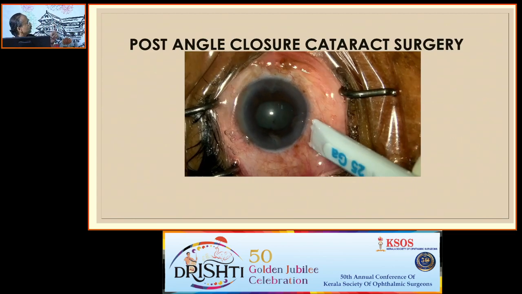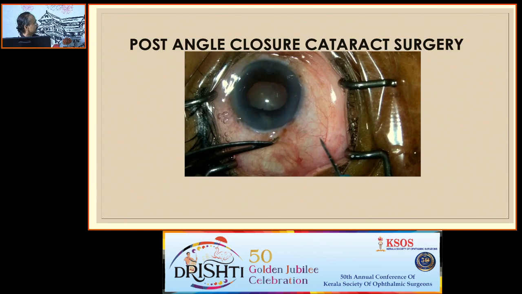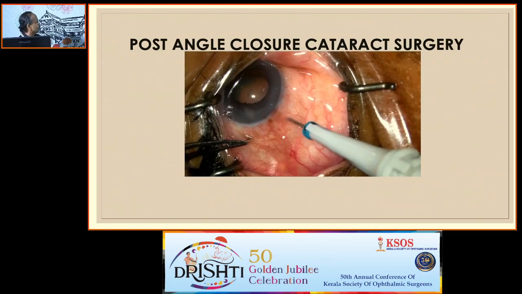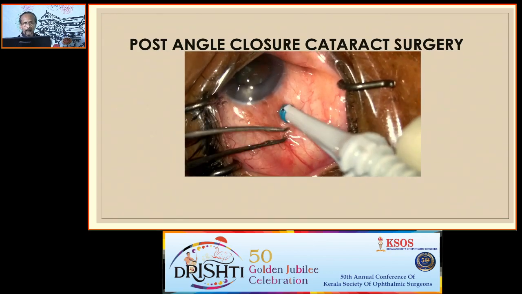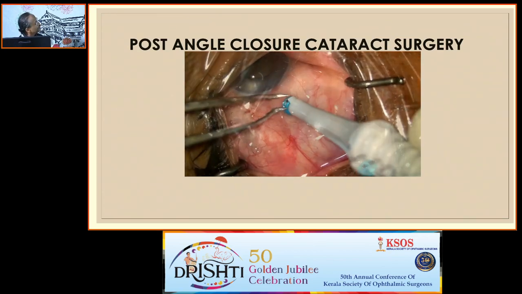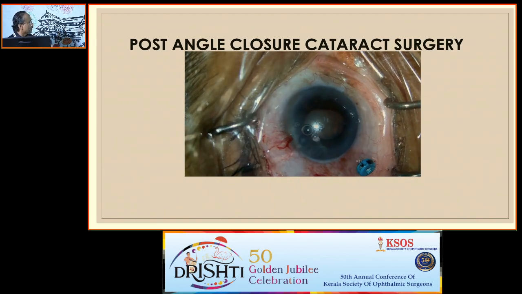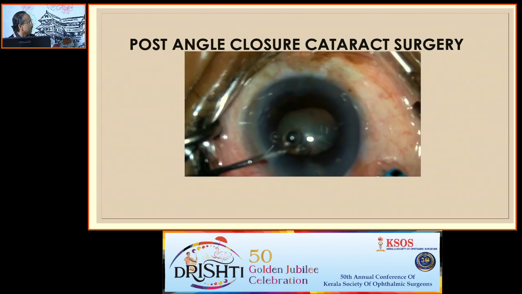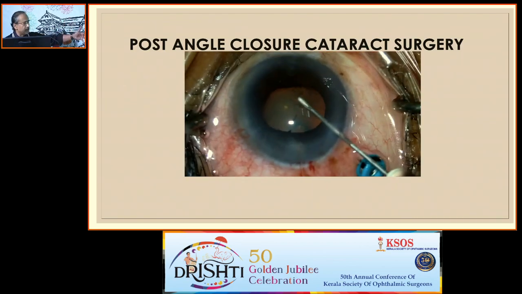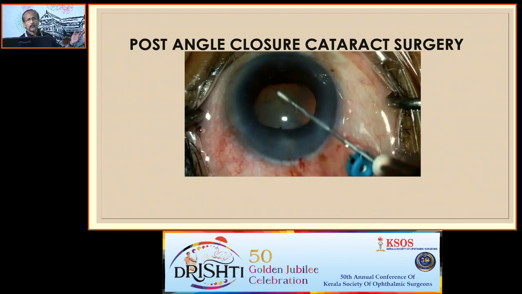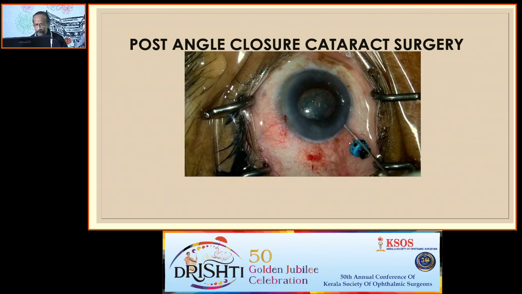Next, let us look at post-angle closure glaucoma. This is one eye, AC is 1.3 millimeters. Post-acute angle closure glaucoma. Not able to reach the anterior chamber and do it without hurting the endothelium. So, trocar 25 gauge vitrectomy. Under irrigation from the anterior chamber, minimum vitreous is removed till the AC is deep under the fluid. And then it becomes like a regular cataract surgery. And please don't forget to put one more